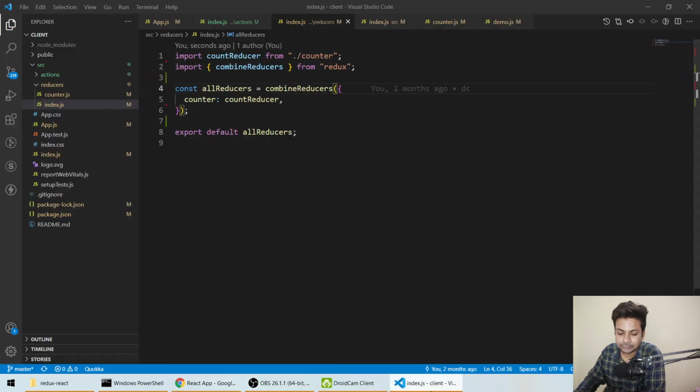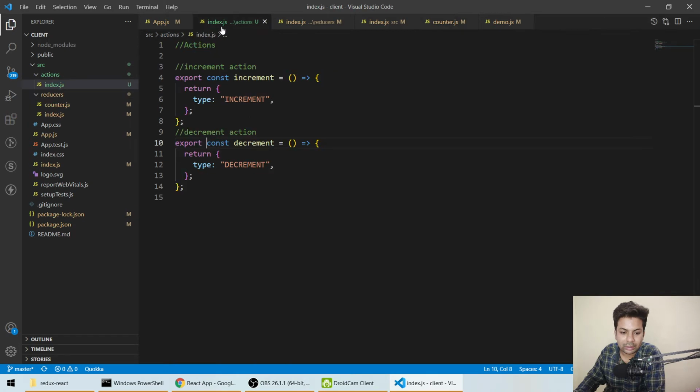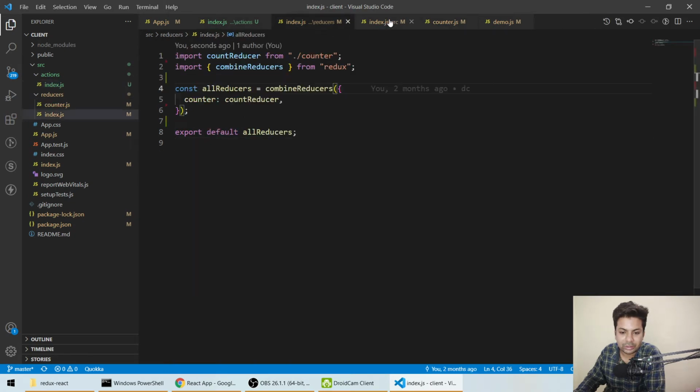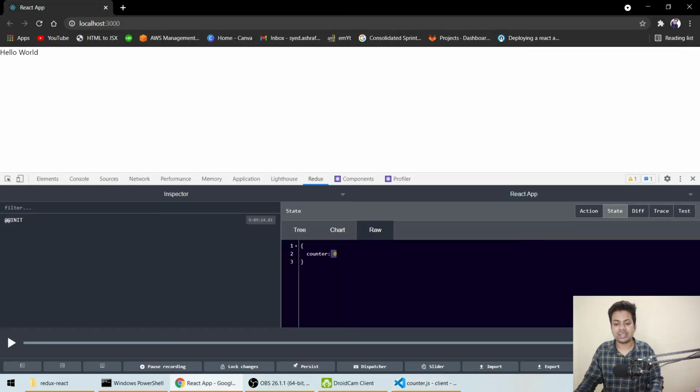Let me check index.js, the counter. Yeah, so this is a counter which has a state of 0, so currently it's showing 0. Now we have to call the increment function or decrement function, and we can see the changes here. Okay, so let's get started.